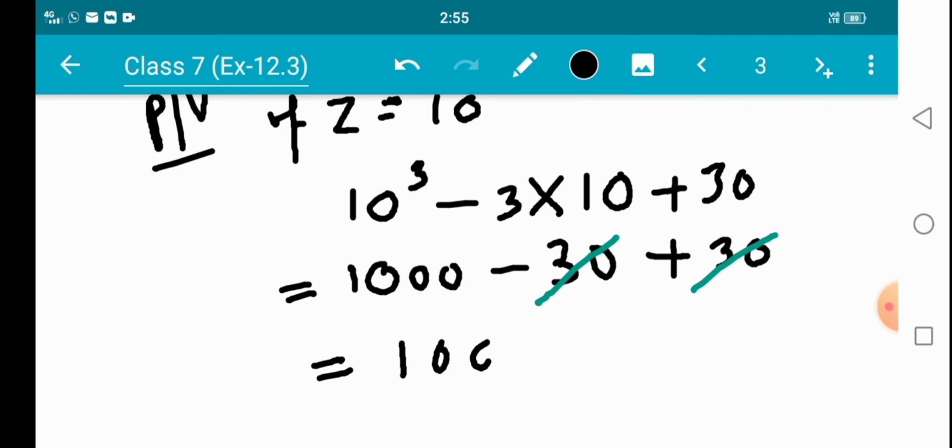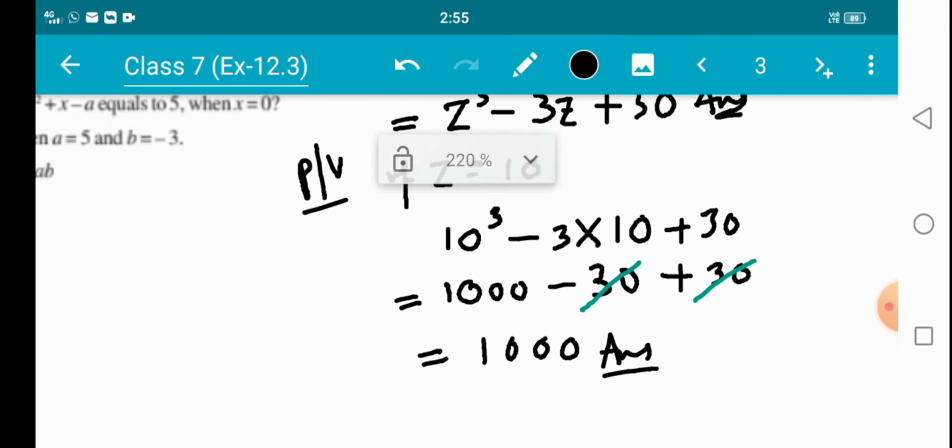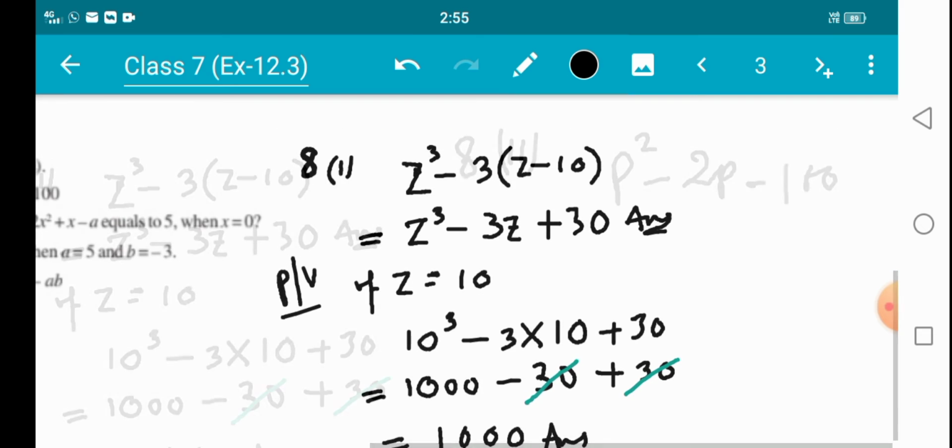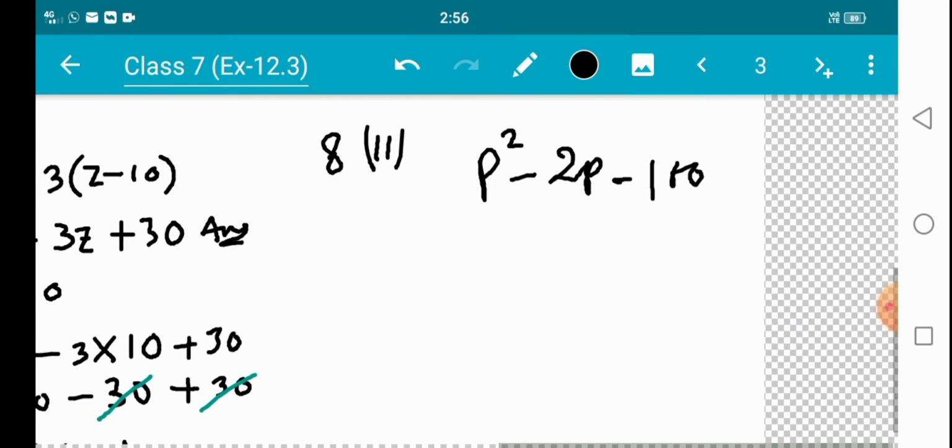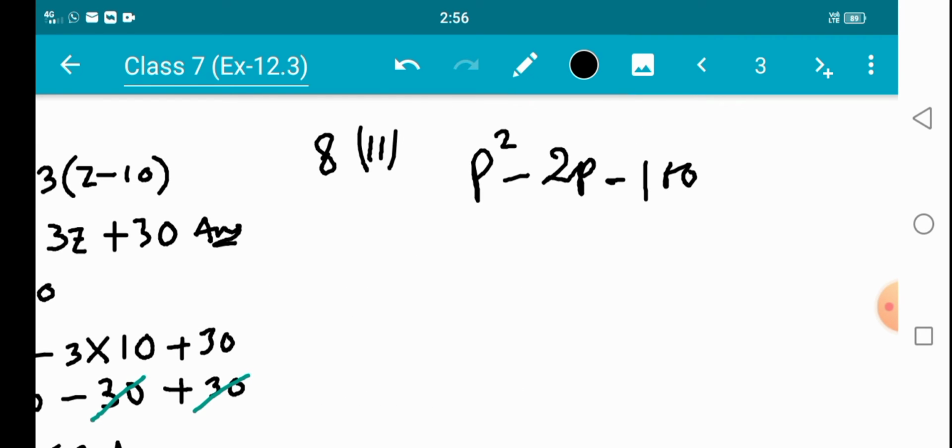So first of all, you will simplify the same way we are doing in every sum. First you will simplify the sum, and then you will put the value. See, you can see that there is nothing to do, because no like terms are there. One is p square and another one is p. Though the variables are same, their powers are not same, that's why they are not like terms. So what we will do, putting value of p equal to minus 10.